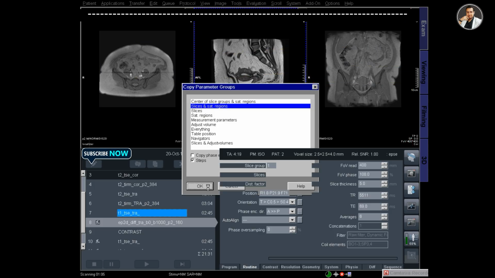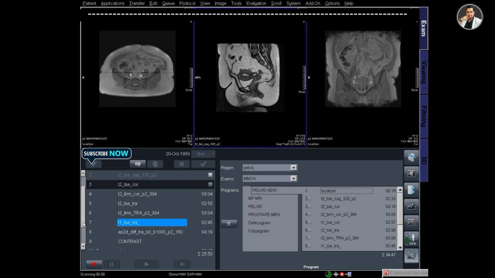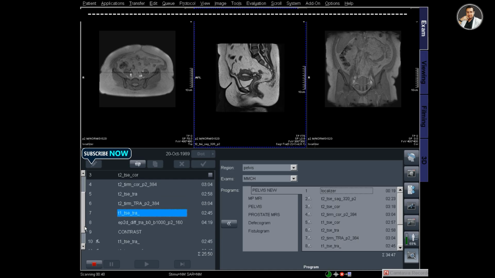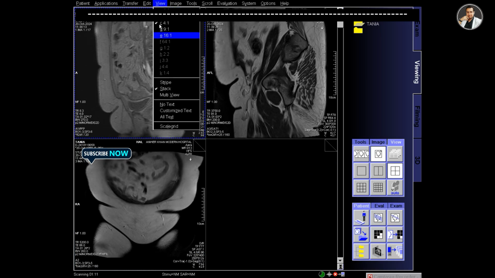So also there is a diffusion protocol. For the diffusion protocol, I just copied the planning from the axial protocols. So all the normal sequences have been planned and only the contrast protocols are remaining to plan. So now let's make the films